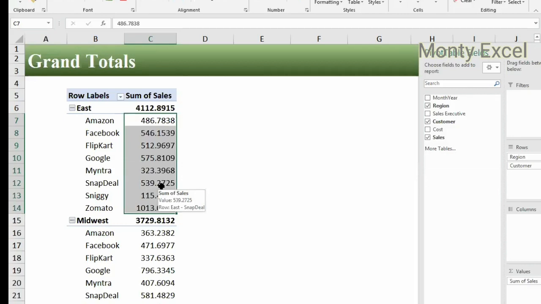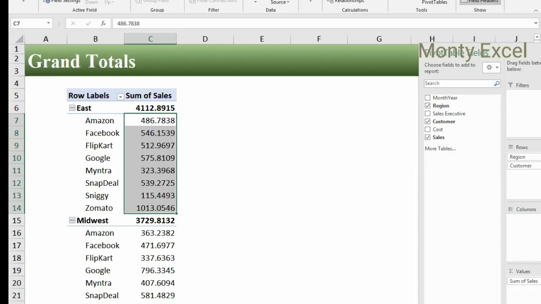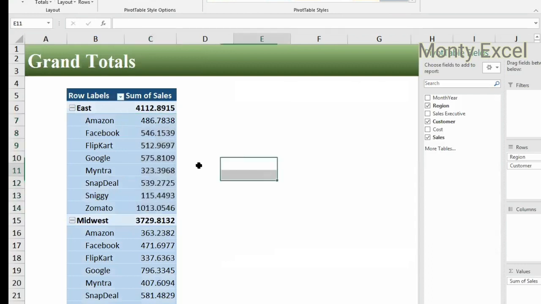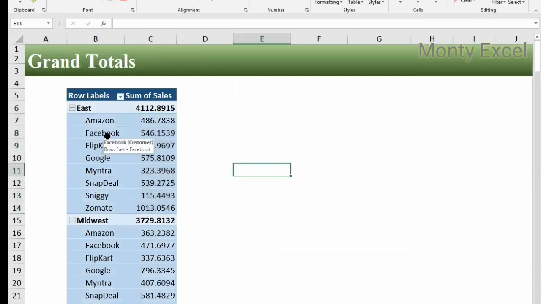Sometimes it may be good, sometimes it's really annoying to see all these totals at the top. So no worry, just go to the design part. There are very nice features that we have here. We can change the pivot table style, or you can create your own style also, because some companies follow strict guidelines about the colors. So you need to only use these colors, not different colors. In that case, you can create your own style